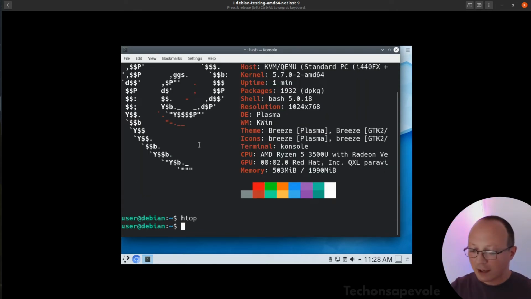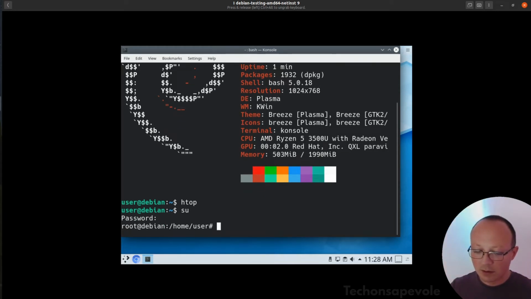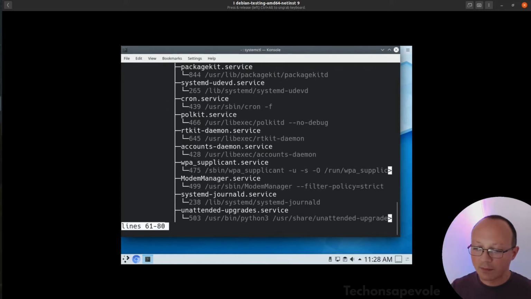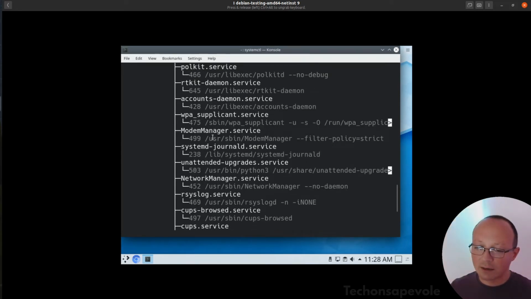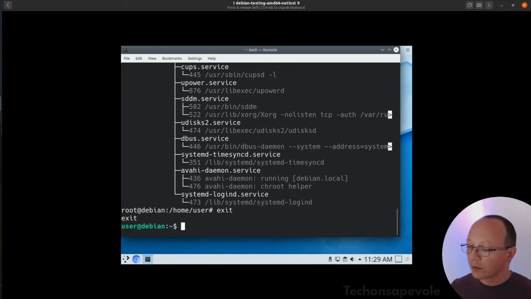We can also check the processes that are running. So systemctl status, and as you can see, there are many processes. So the bus, pulseaudio, etc., and all the processes are in a way or another connected to systemd. So we have a system like this, and now we can try to open